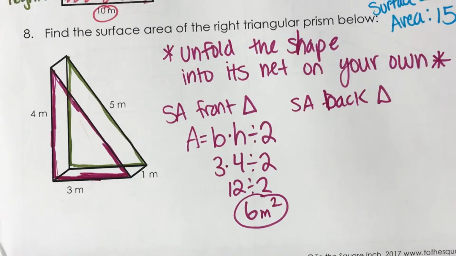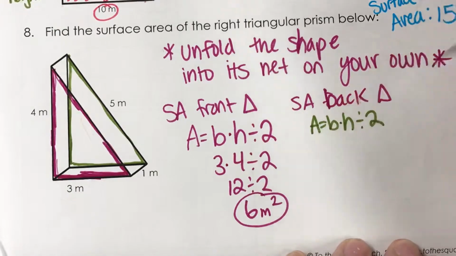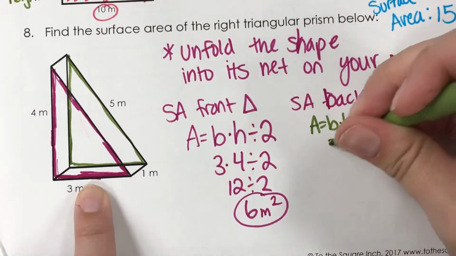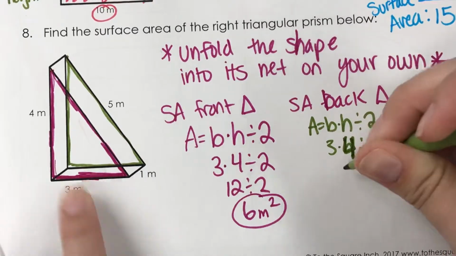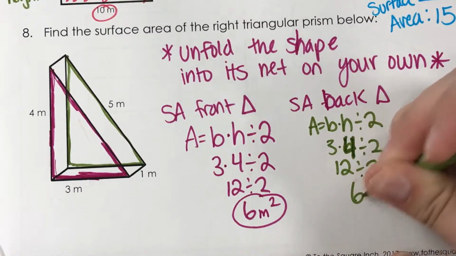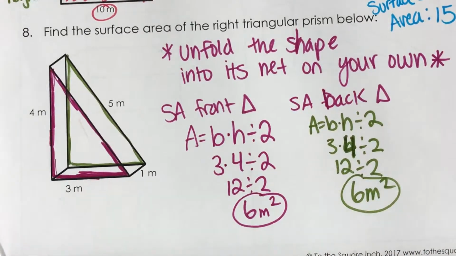The back triangle has the same dimensions. So we have area equals base times height divided by 2. So it's 3 times 4. Oops, that's 4 divided by 2. 12 divided by 2 is 6 meters squared. Now I'm going to need to find the area